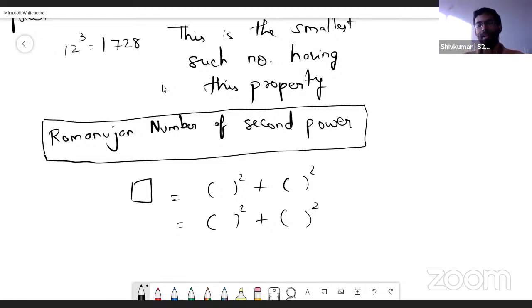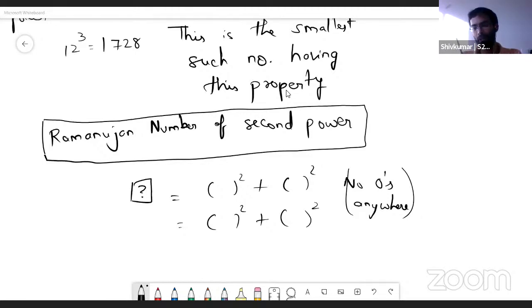Great. Okay, fine. So now I will pause for some time and throw the challenge to you. Can you find a number which can be written as sum of two squares in two different ways? And no number should be zero, so no zeros anywhere. Let us see which Ramanujan among you is able to find this. Yes, only natural numbers. So no root 2, no irrational numbers, no root 3s and all. Just natural numbers.